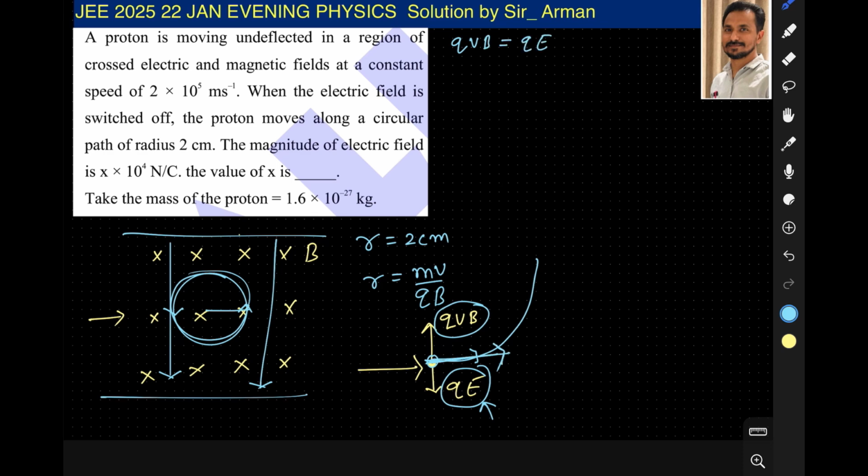The proton is moving straight. So here Q and Q will get cancelled, so we can write here V = E/B, and simply we can also write B = E/V. ये हमने क्यों किया वो पता चल जाएगा। ये जो रेडियस है वो हमें ऑलरेडी दिया गया है और उसकी इक्वेशन है